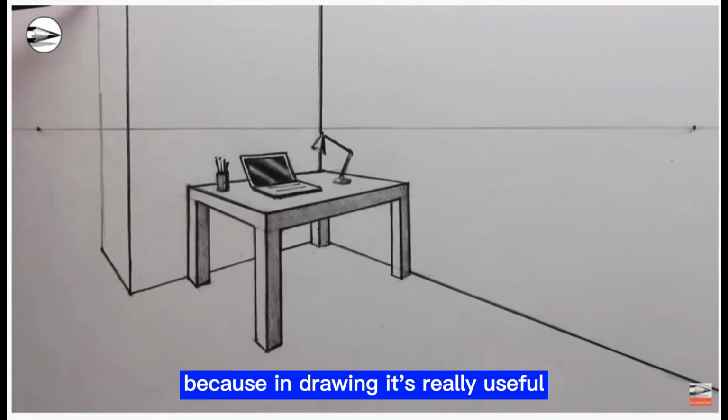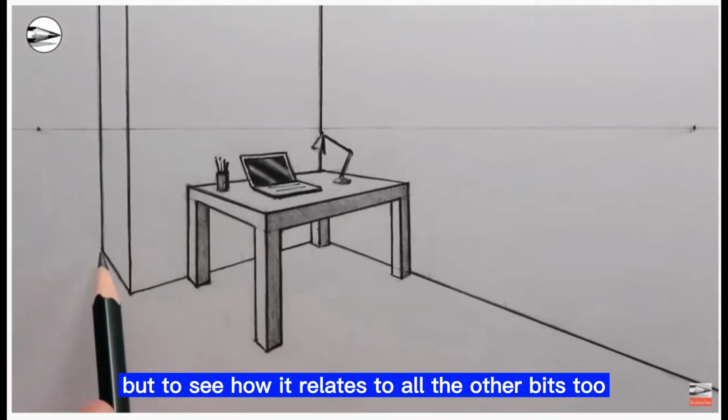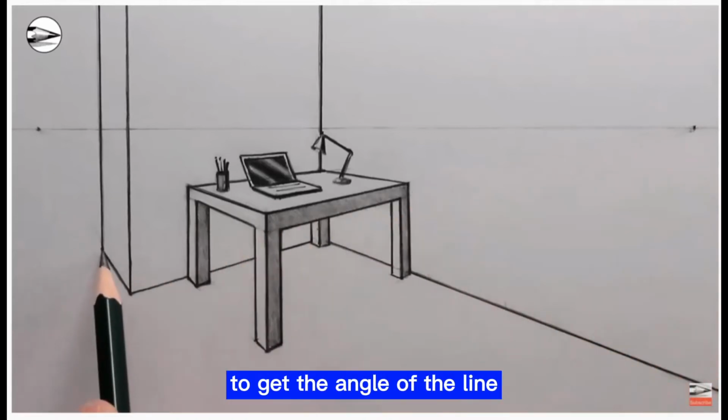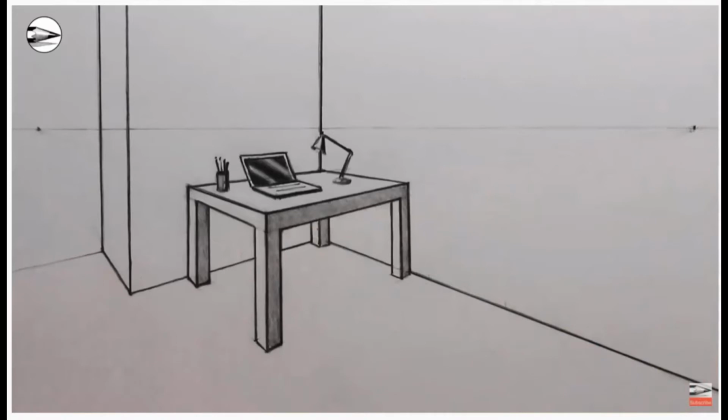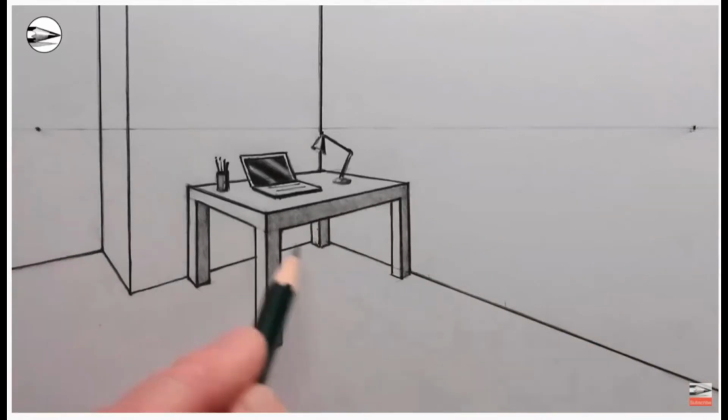Because in drawing, it's really useful not just to draw the bit that you're drawing, but to see how it relates to all the other bits too. And then we can just draw a line going to the left, but using the right vanishing point to get the angle of the line. And now we've got a floor, and for this floor, I use the left-hand vanishing point and draw a series